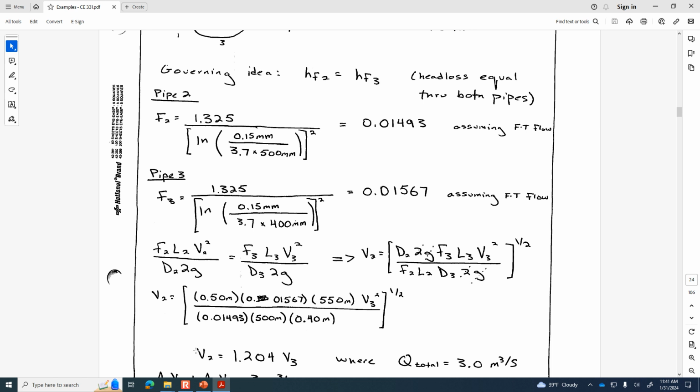Okay, so we know both equations now. Two equations, two unknowns. We know V2 is 1.204